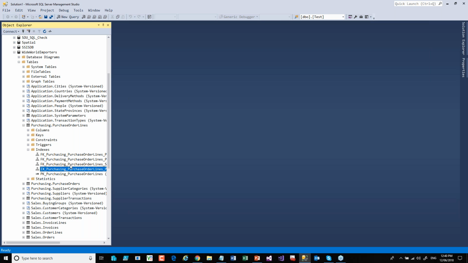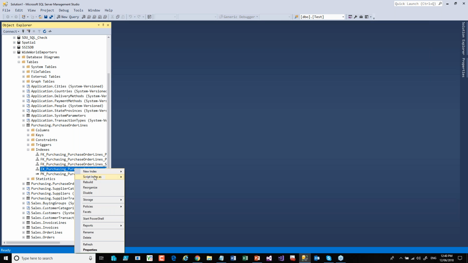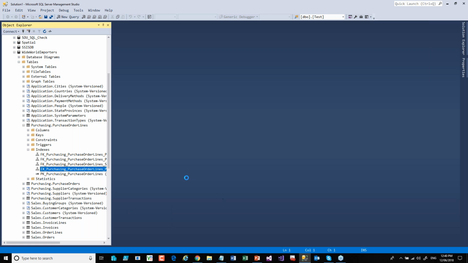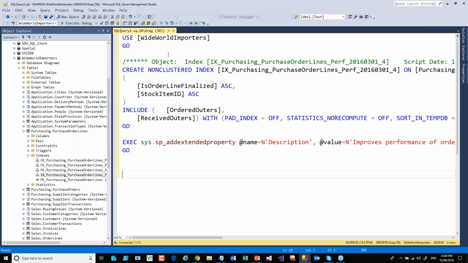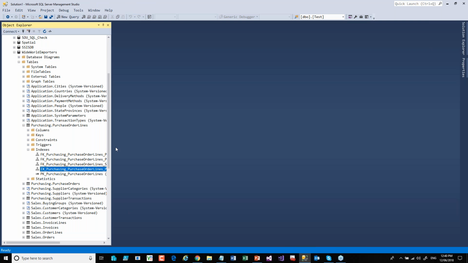The other approach I see people take is they right click these and go script index as create a new query window, and that'll give you that index. That's fine. But what I really want is all the indexes. Now, the way you can do that is that if I click on this word indexes, if I hit F7,